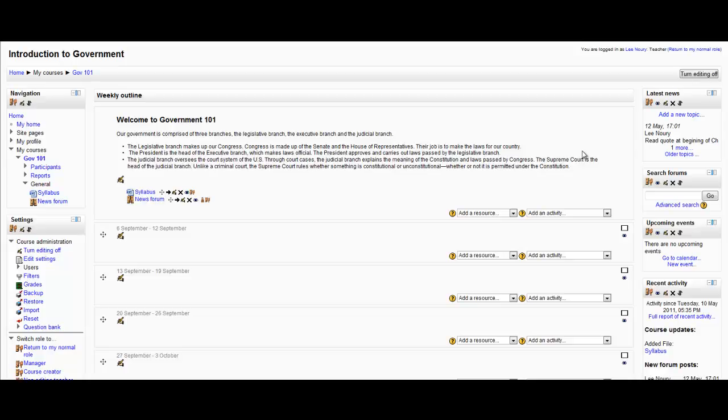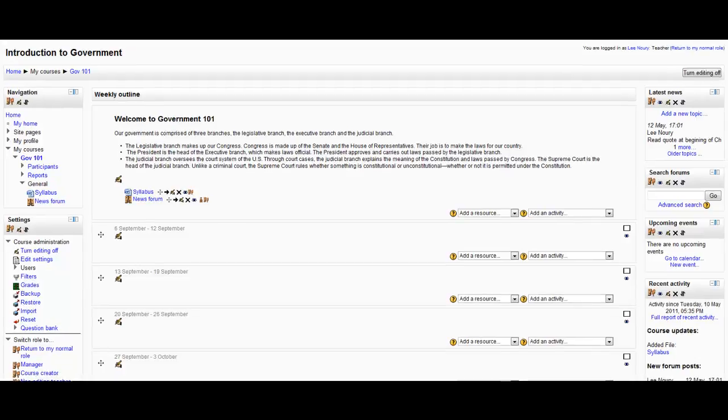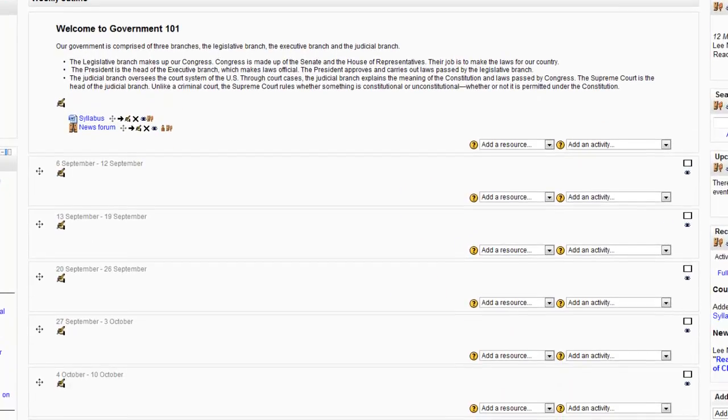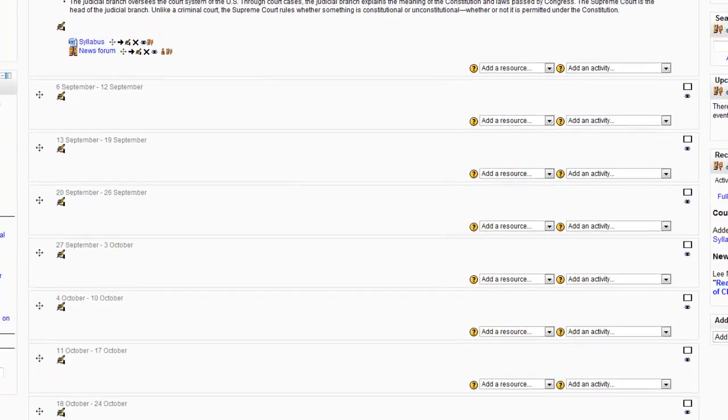At this point, I might want to manage some files and some folders so that I can access them throughout the course and make them available just to me right now. On the right-hand side, you have these different blocks, and there should be a block that says My Private Files. If it doesn't exist right here, you don't see it, under Add a Block, you select and find My Private